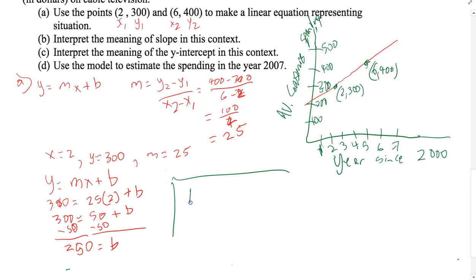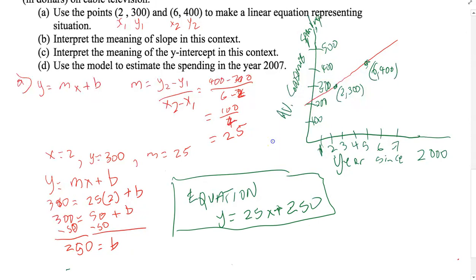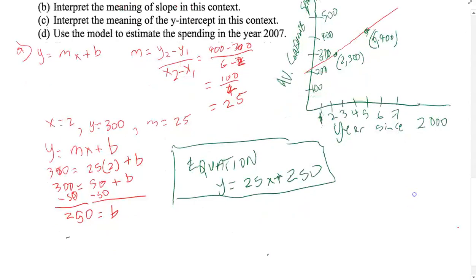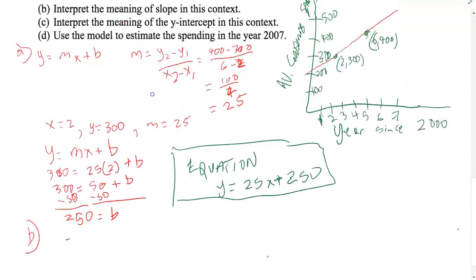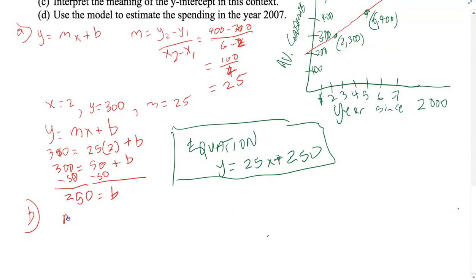So our equation then would be y equals 25x plus 250. Okay, y is equal to 25x plus 250, and that is our linear equation that we have used to model this situation. Now, part B asks us to interpret the meaning of slope in this context. So the meaning of slope, m is equal to 25. What does that mean? It means that in this context,